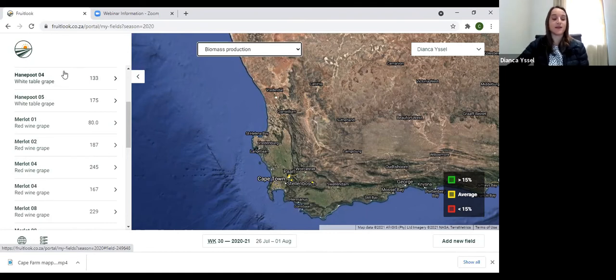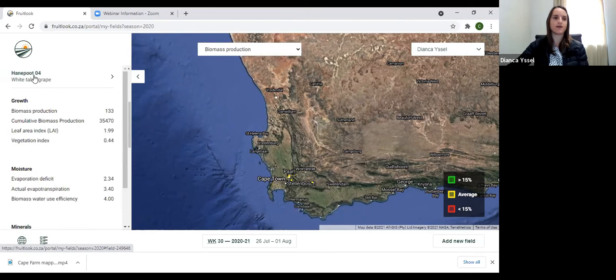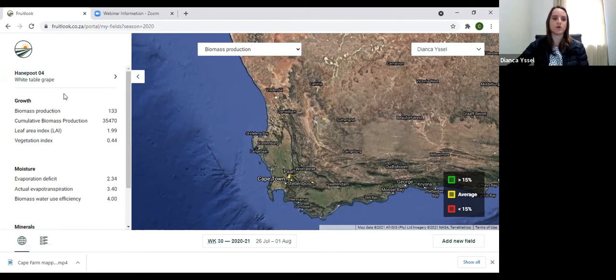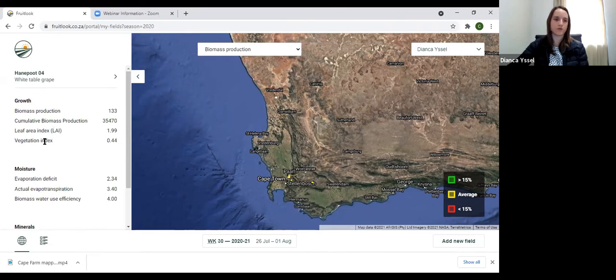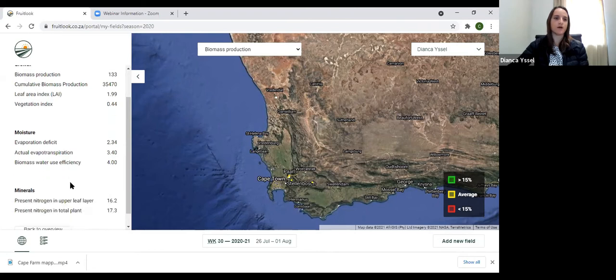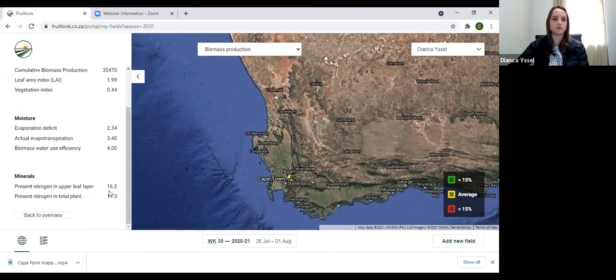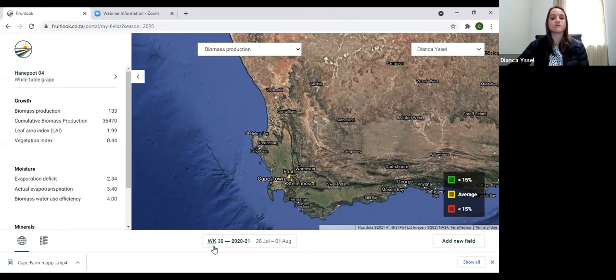Okay, then if you want to know more details about a particular block, you can just click on the block name here, and that will open up a new tab where you can see the value of all of the parameters for that particular block. All of the growth parameters are grouped, and you can see each of them here, all of the moisture ones and all of the minerals as well. And that is just for the particular selected season and specific week. And when you click on the block name, then again,